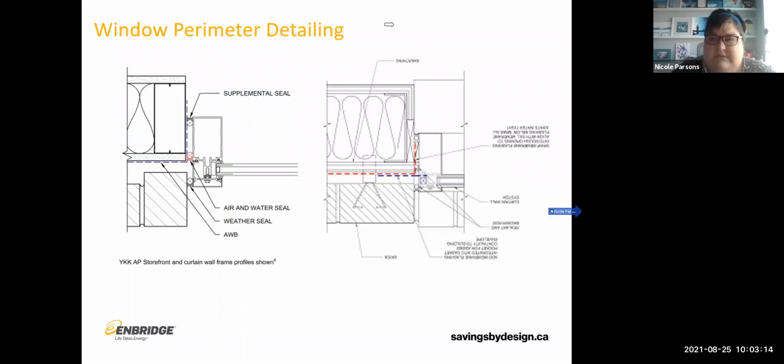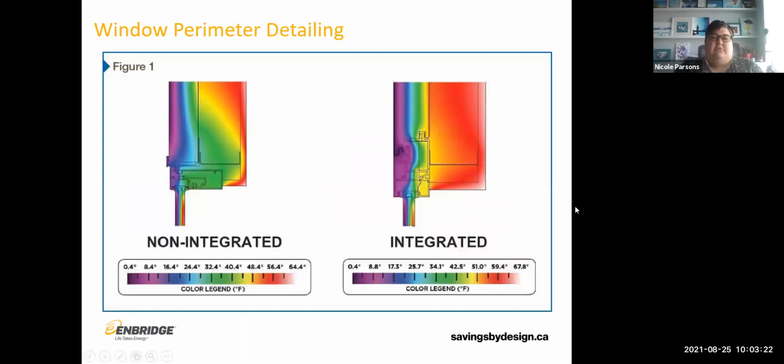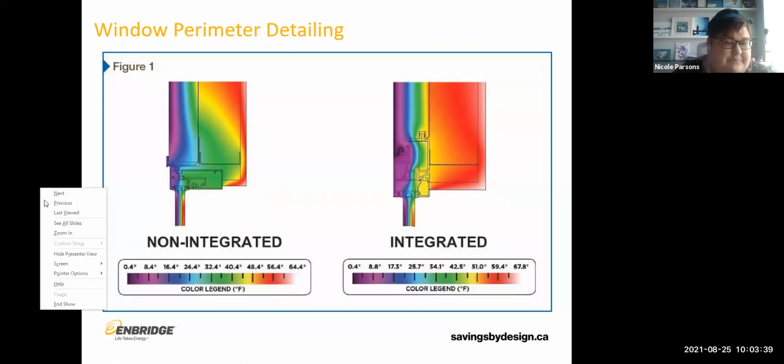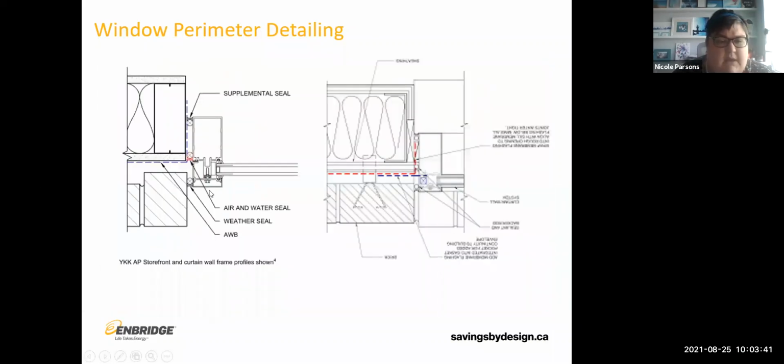And then, let's very briefly, because we don't have a lot of time, talk about window perimeter thermal performance. We talked about thermal bridging a little bit at the beginning. And so these are, again, therm models of window assemblies. And if we go back one, if we look at this, you can see that you have